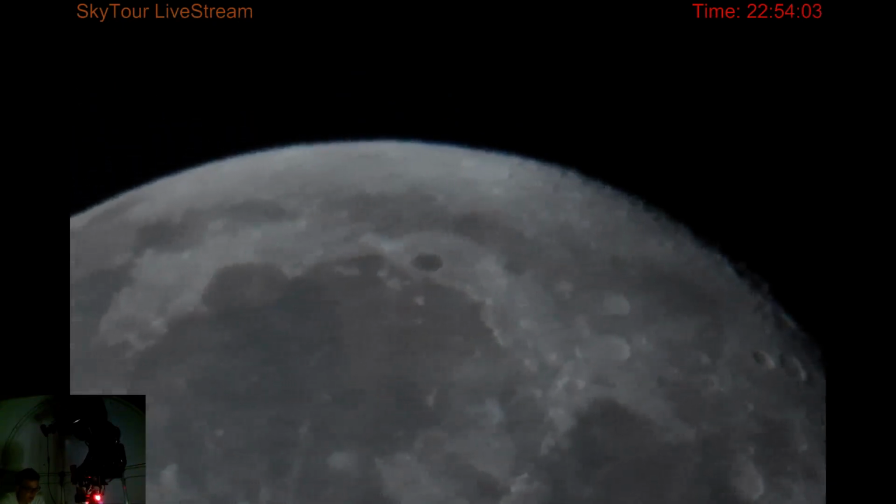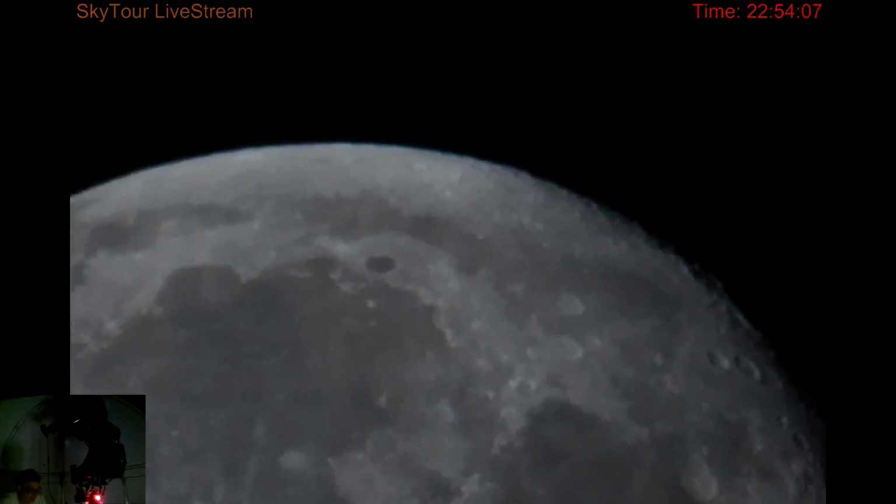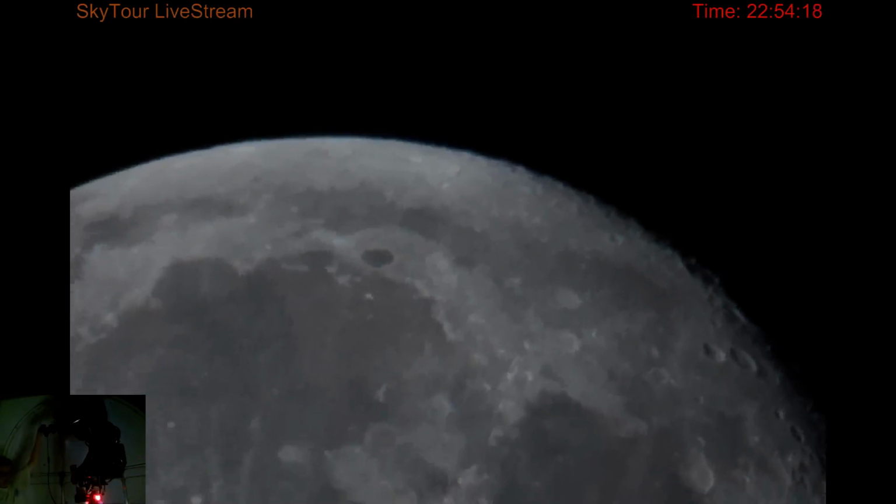Now that little round crater in the middle, I've said this before, that's Plato. It's 60 miles across, and Plato is a crater that got filled in with lava as well, and it looks like it's sealed. If we zoom in on that, Plato is,